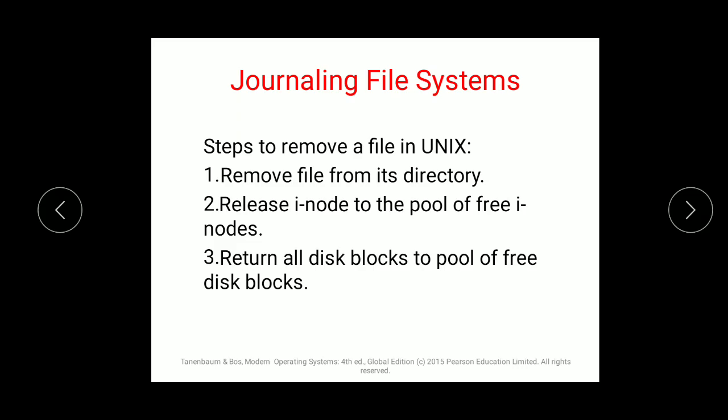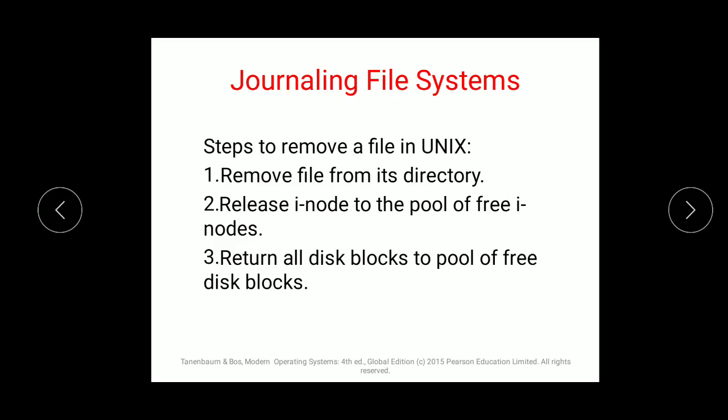Next is journaling the file system. When we say journaling the file system, how do we journal it? In journaling, changes done to the file system are written in sequence to a journal. So whatever changes are done to the file system are written in a journal. A transaction is a set of operations that perform a specific task. A transaction commits if it is written to the journal. So transaction operations are also written in the journal. After that, the system call doing changes to the file system can return to the user process, permitting it to continue execution.